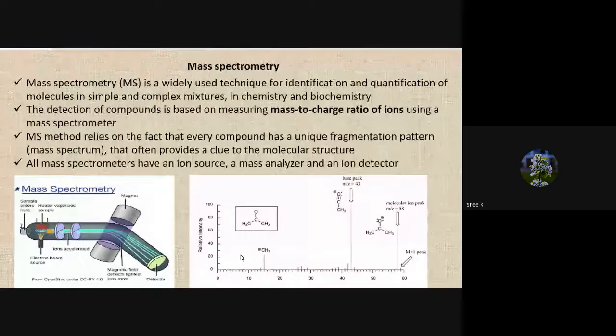Then next is mass spectrometry. In the case of mass spectrometry, the compound is vaporized and ionized at high energy by a heater, and these ions are accelerated between two magnets, where the magnetic field deflects the ions at different rates, because the magnetic field deflects the lightest ions most. So heavier ions are deflected less.